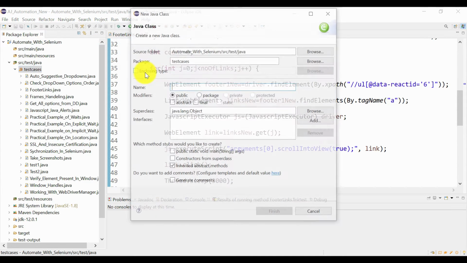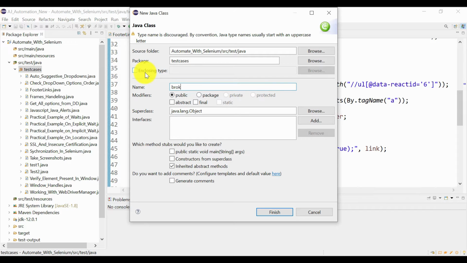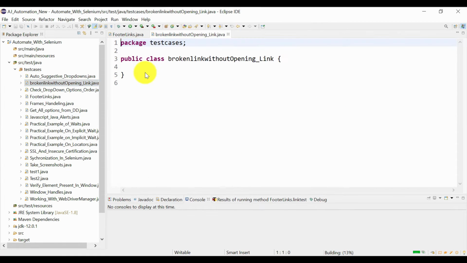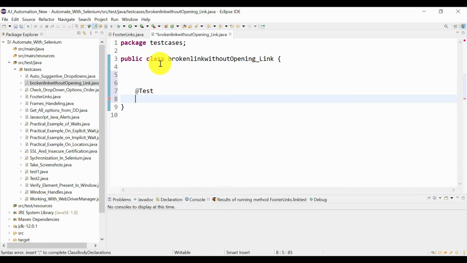Let me create the class for that: Broken link without opening link. Okay, quickly create the test method, broken link test.